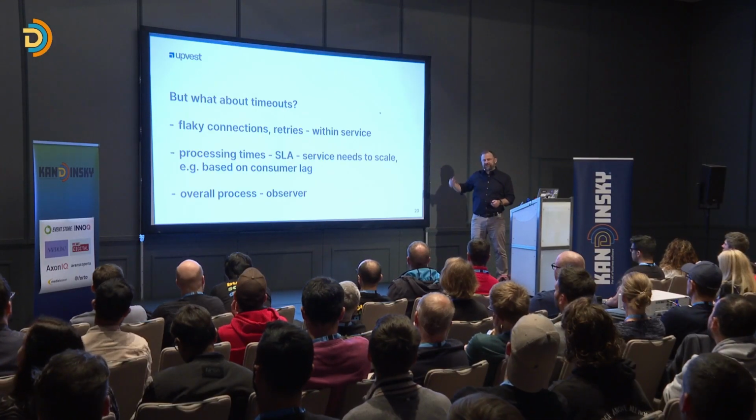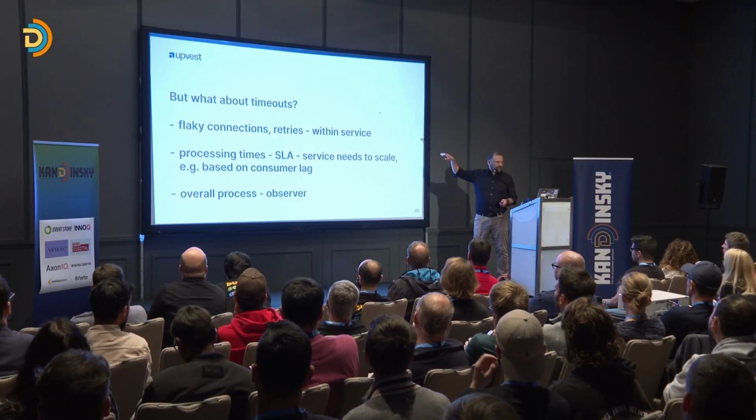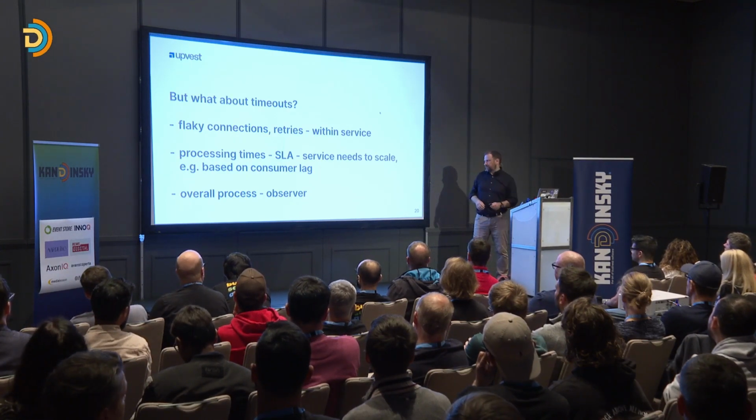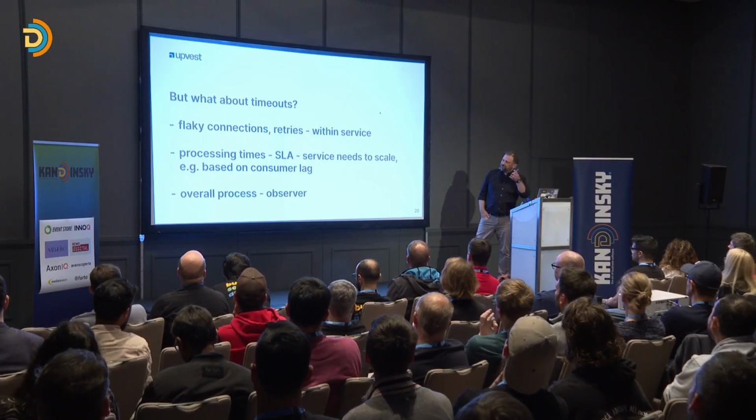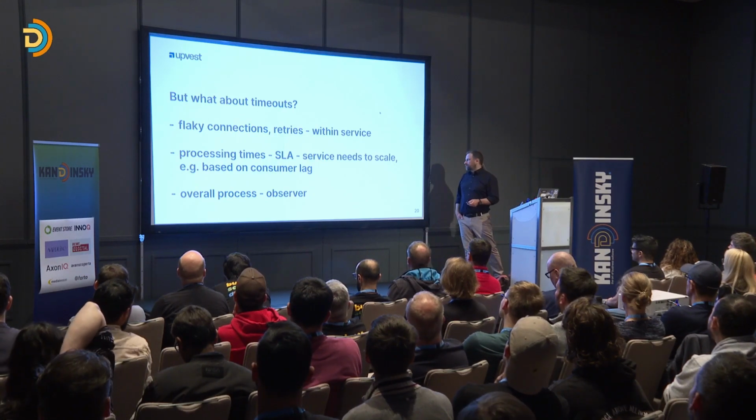But of course there are different uses for timeouts. Maybe it's about flaky connections, right? You access a different service in the cloud, and across availability zones and so on. Sometimes things are just not there, so you want to retry with some backup and so on. This is really something that should happen within your service, right? For these kinds of connections, there should be a domain service that deals with this. You can even do this with infrastructure, right? You can probably use your service mesh or whatever to deal with this. It should not be in these more businessy workflows.